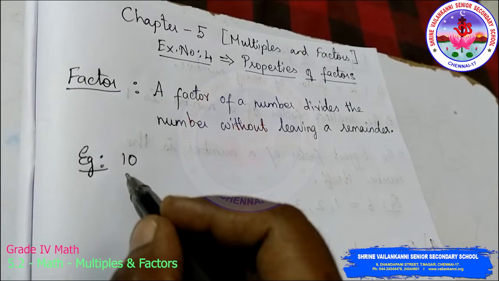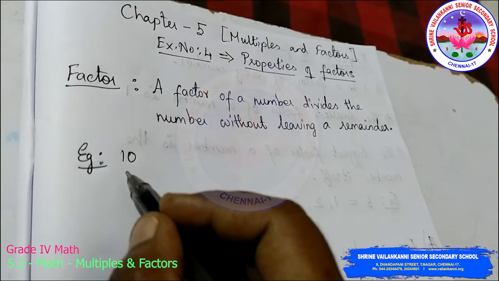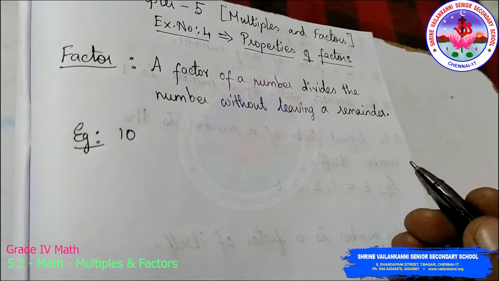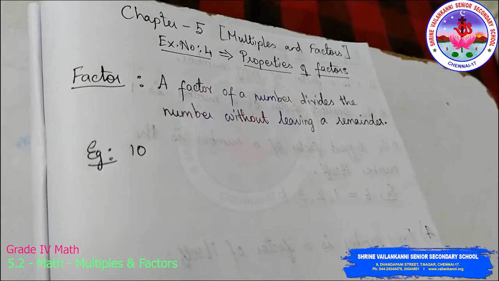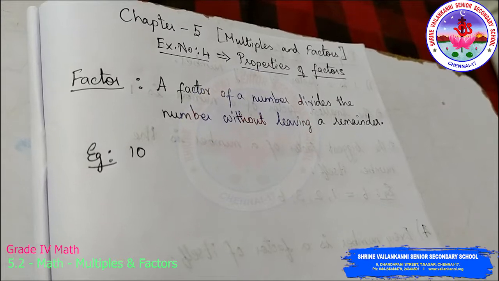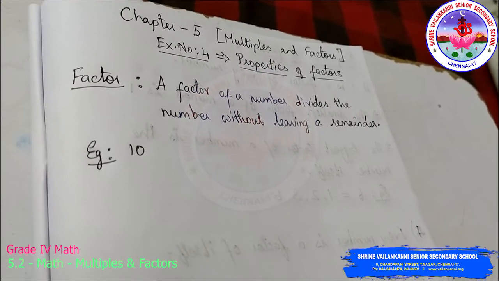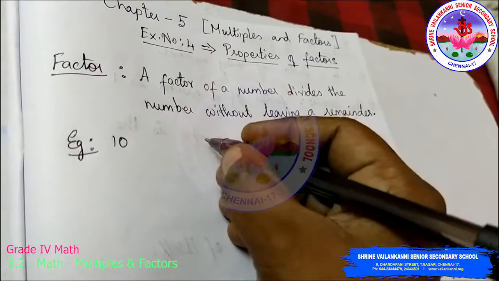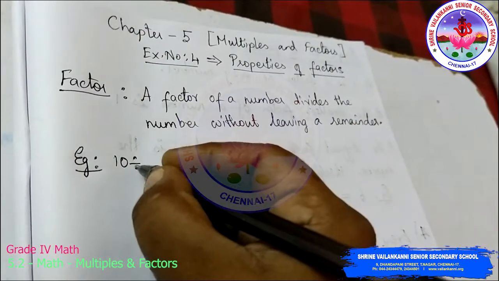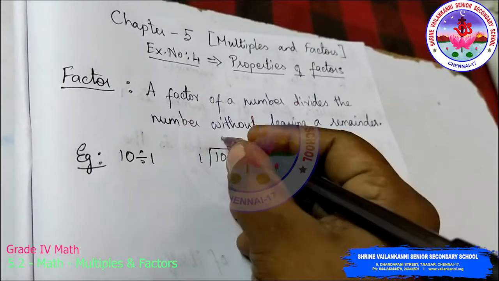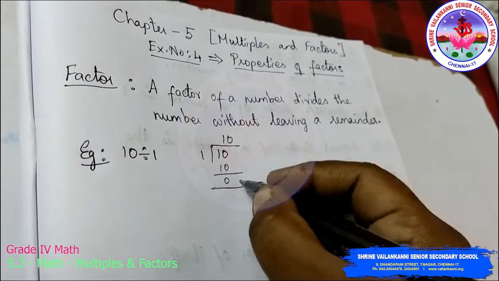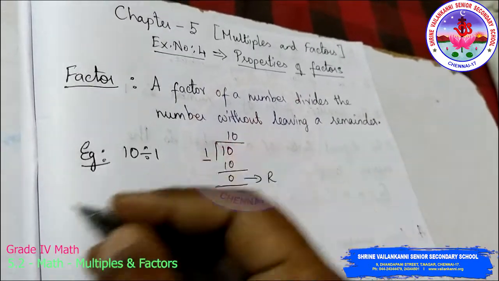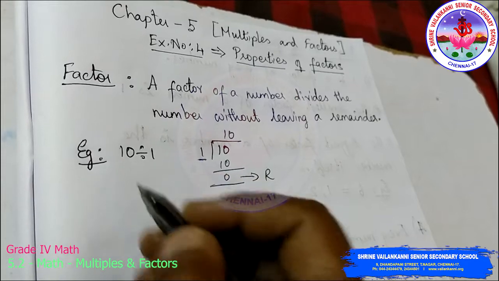So what I am going to do is divide this 10 by any number. I can take any number. If I start with the number 1, everyone knows that all numbers are divisible by 1. So 1 will be a factor of 10. That is, 1 tens are 10. If you take 10 divided by 1, it is divisible 10 times and gives remainder 0. That is, this 1 is a factor of 10.